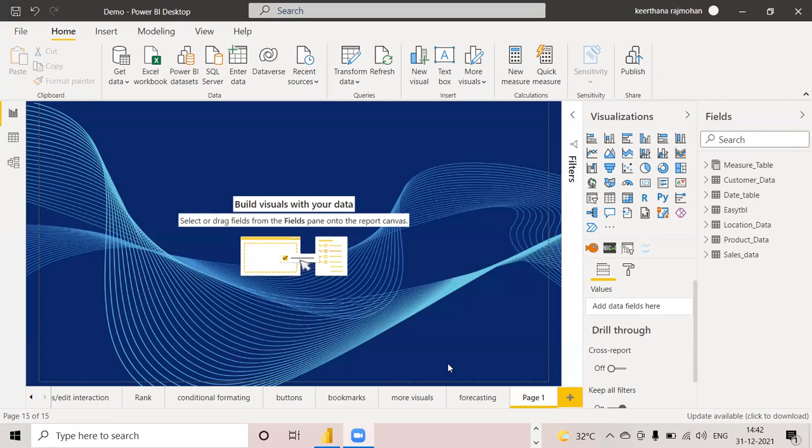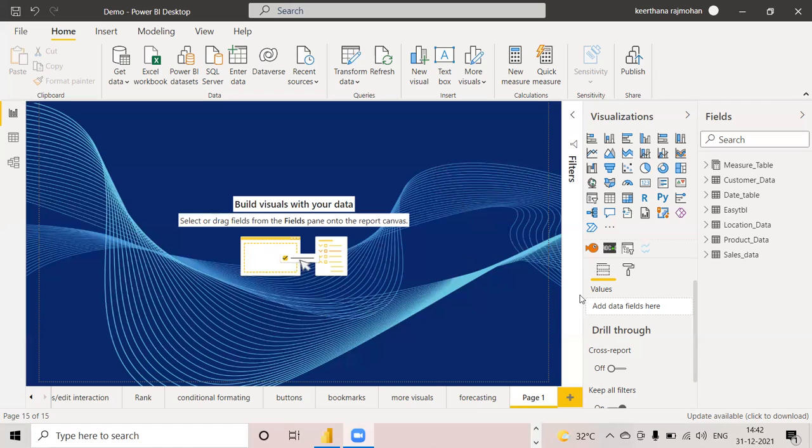So I think you understood the meaning of creating sync slicers. Once I select a particular filter in a slicer, it should affect all the pages, but each time we don't want to click on some particular category, because it is a time consuming process. Within a single click it should apply to all the pages with the sync slicer.